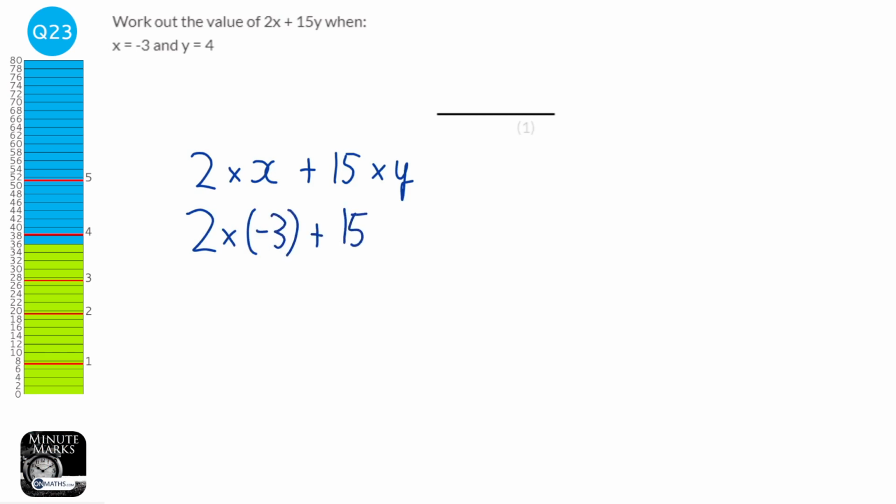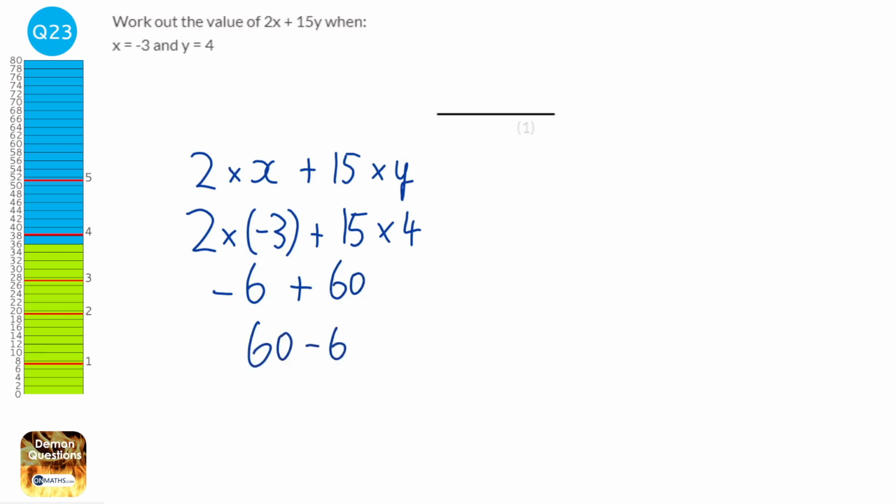And instead of y, we're going to write a 4. So here we've got 2 times -3. A positive times a negative is a negative, and 2 times 3 is 6. Plus, and we've got 15 times 4, which is going to be 60. So we've got -6 plus 60. A different way of doing that is 60 minus 6 gives you the same answer, which is going to be